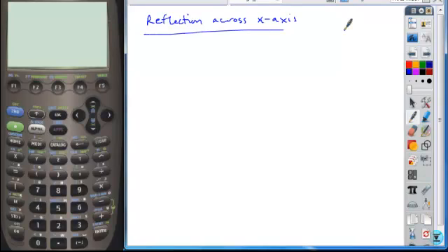The first one is reflection across the x-axis. The second one will be reflection across the y-axis. When you have functions that have negatives,